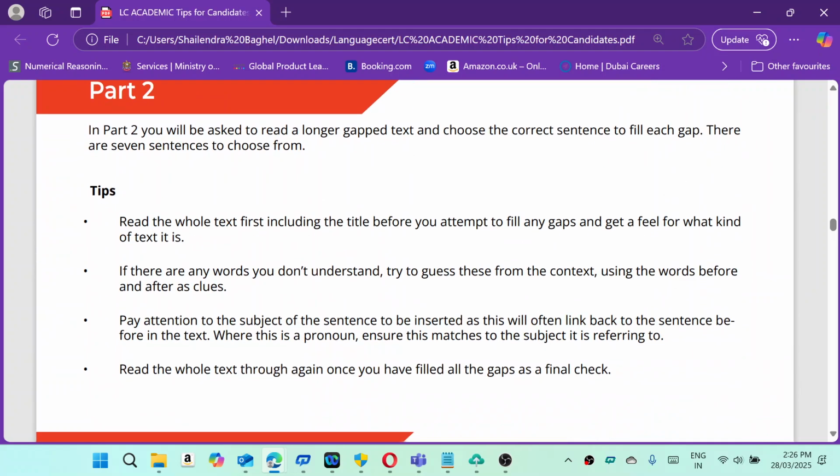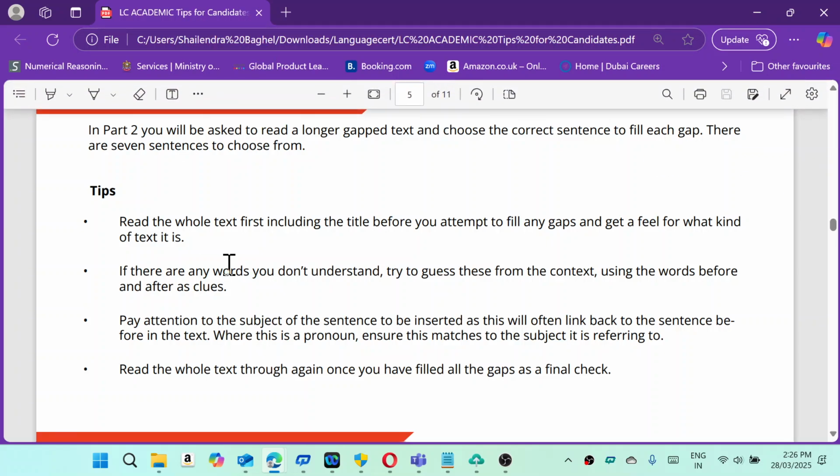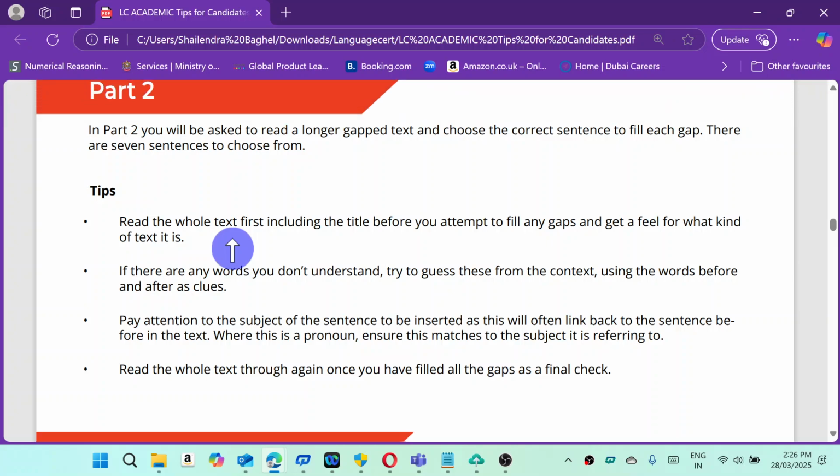Reading part 2. In part 2, you will be asked to read a longer gapped text and choose the correct sentence to fill each gap. There are 7 sentences to choose from. Tips: read the whole text first, including the title, before you attempt to fill any gaps and get a feel for what kind of text it is. If there are any words you don't understand, try to guess these from the context using the words before and after as clues. Pay attention